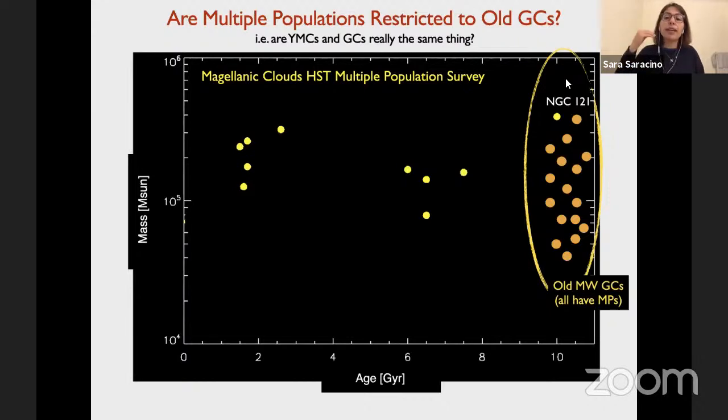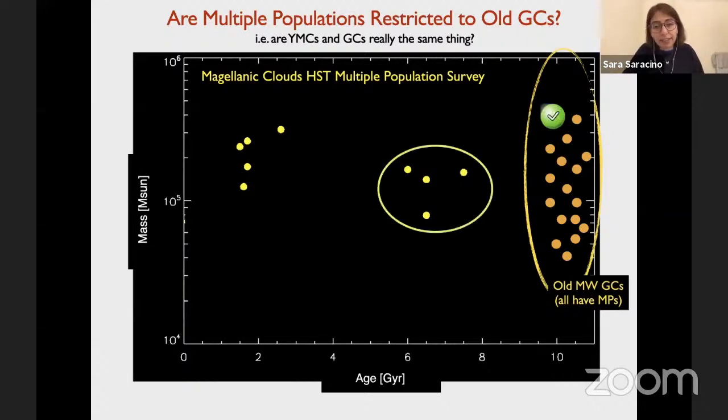for only one reason, because we went to this cluster, which is old, and we were expecting to find multiple populations there. If not, this would have been a big surprise, and no one would have ever really trusted all the other results. Okay, so we did this. We checked for the presence of multiple populations in NGC 121, and we actually find the evidence is there. So we were happy, and we went to this other group of clusters,